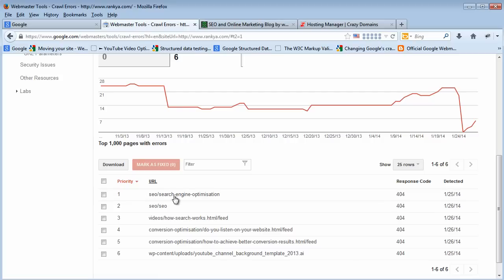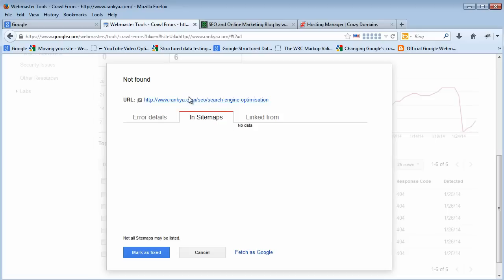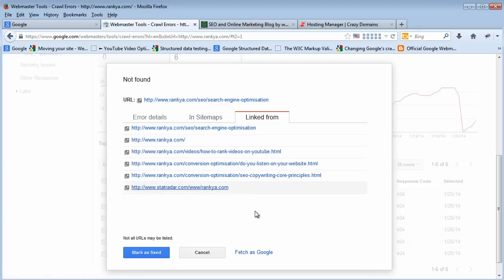Now when you press on a link, what will happen is it's going to give you details, as in when the request was made. Okay, what was the URL in question? Was it in your sitemaps? Because particularly if it was in your sitemaps, then you should really take a look at what's really going on as to why your server threw a 404 error page. Okay, and it can also show you more information we know about this URL that we couldn't find,